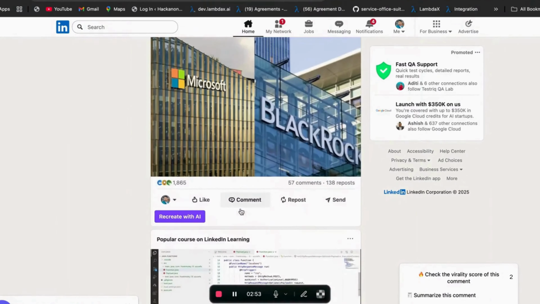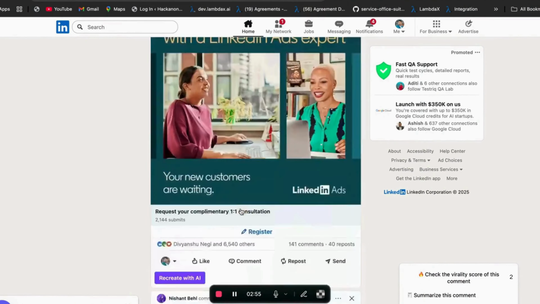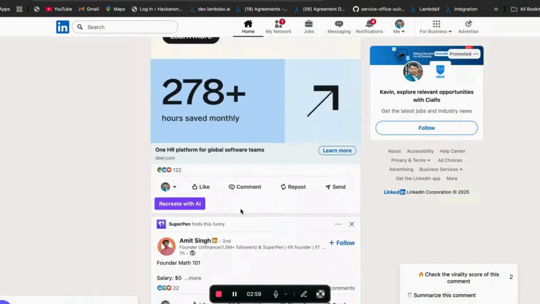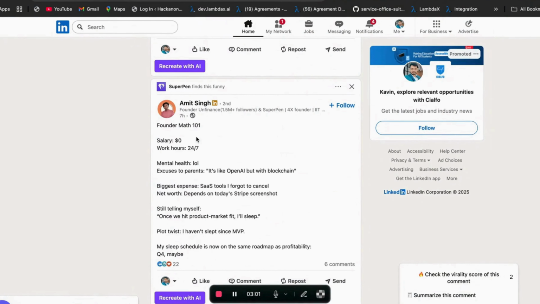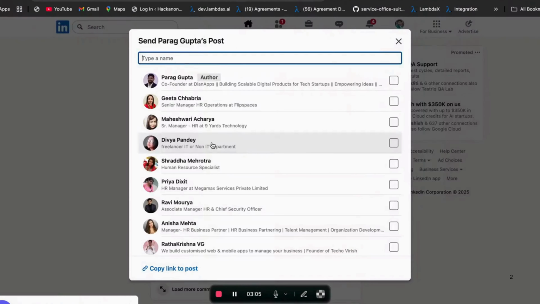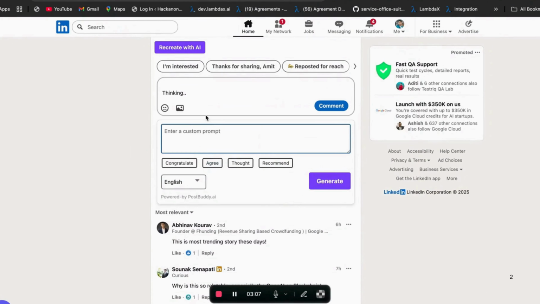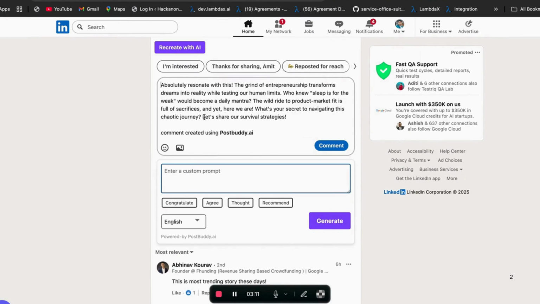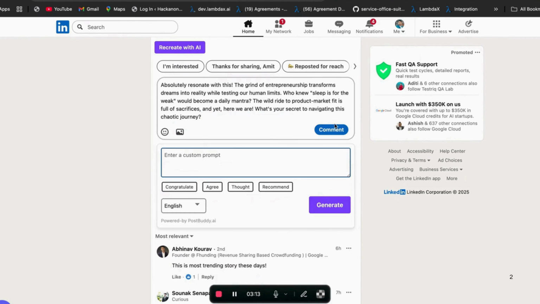I'm just giving you one more example. Let me just see some more posts. Okay, so we have a post by Amit Singh. I don't know what this post is all about. So here also I'm clicking on agree. It will draft a beautiful comment based on which prompt or button you are choosing. So yeah, you can click on comment